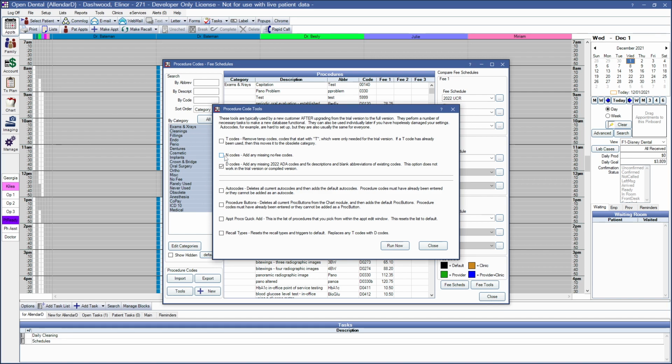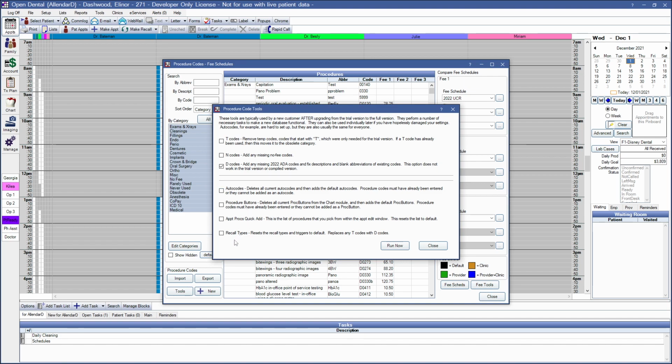If you've never been in this section before, the top code tools are able to be run without it affecting your database in any negative way. The code tools that are below the two gray lines here, if your office is a brand new location and you haven't customized anything in Open Dental, you can run these codes to set Open Dental up with the default settings. If your practice has been using Open Dental for any length of time and have started customizing your database, these codes will set it back to the Open Dental defaults, and you'll lose any customization you've done in these